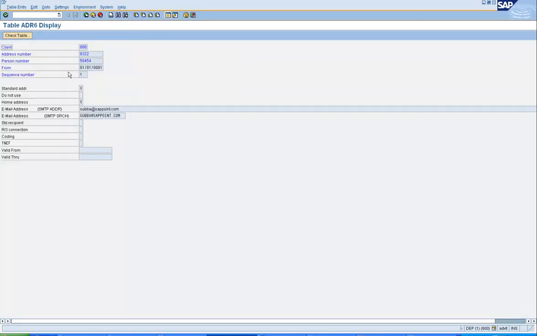So double click on the record and you will see the email ID in a vertical format. So from ADR6 you can find out the email ID of the user. Again, for finding this out, you need the person number, and you can find this person number in the table USR21, provided you know the user ID.